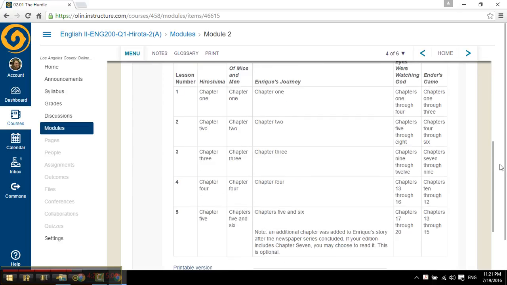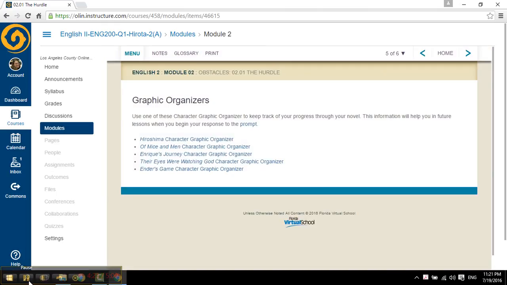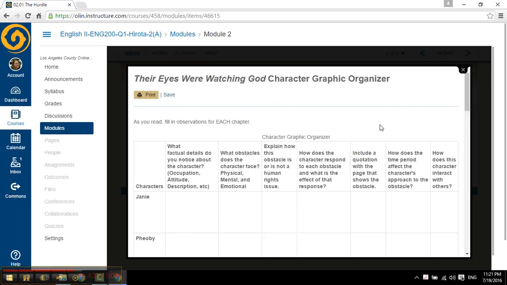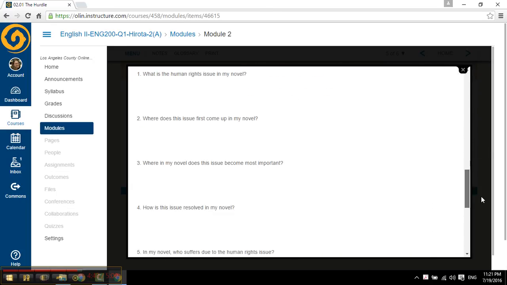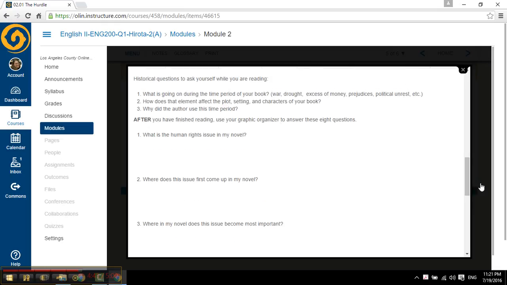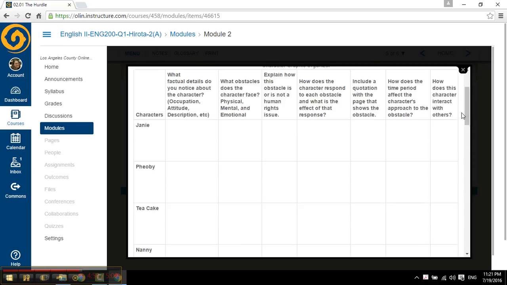And then you will go to the reading guide, which is on page 5, and you'll click on it. So let's just say you picked Their Eyes Were Watching God. You're going to complete this for each chapter. So this is going to take some writing and some work. It's for each of these characters here. And then the bottom part is only after you've finished reading. So it's just this top part that you're going to submit for every single chapter. You'll need to copy and paste it into a Word document and submit it that way. Let me know if you have any questions, and good luck with this.